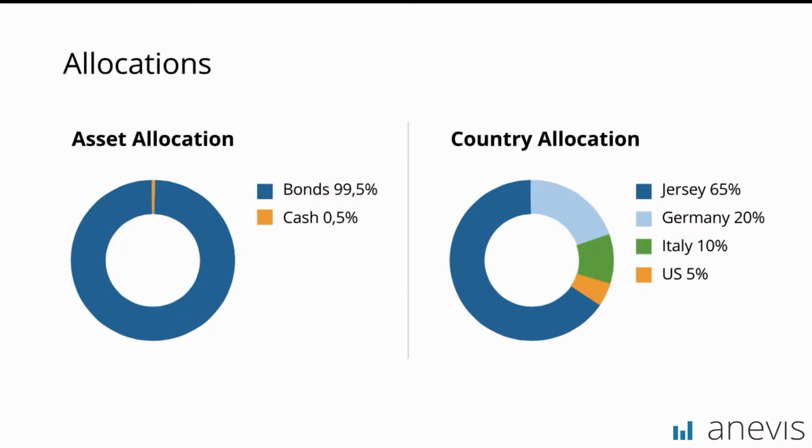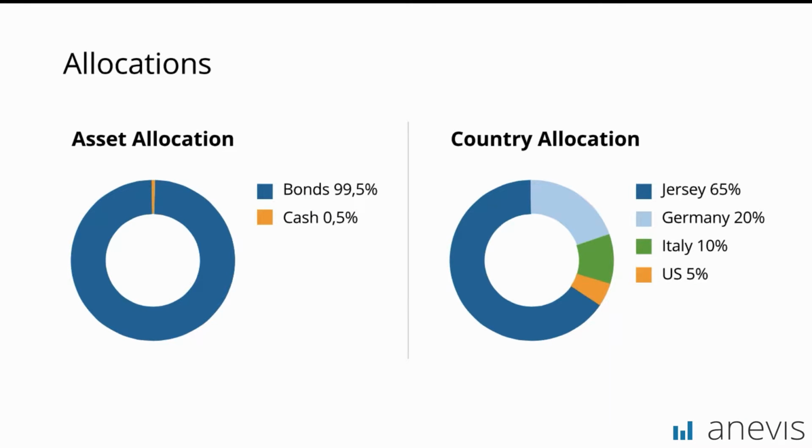On the left-hand side, you see an asset allocation chart of a fixed income fund. Of course, clearly, bonds make up the majority of the investments in that fixed income fund. So this chart is basically completely useless for investors because they probably know that a fixed income fund is mainly